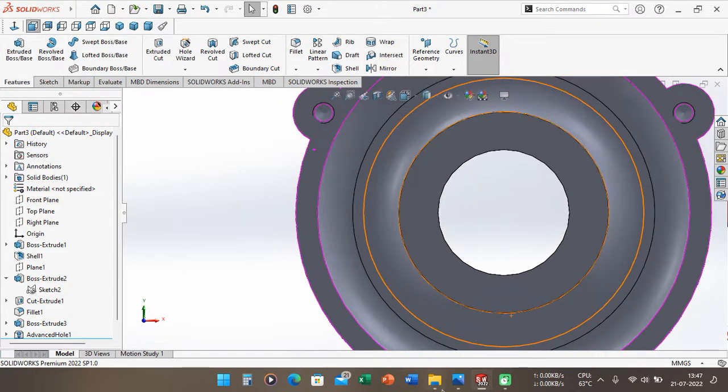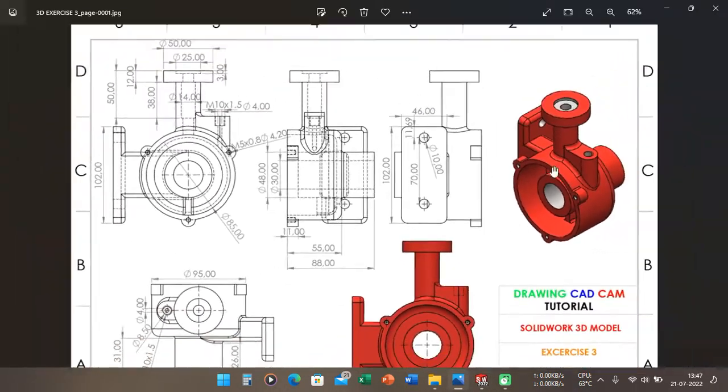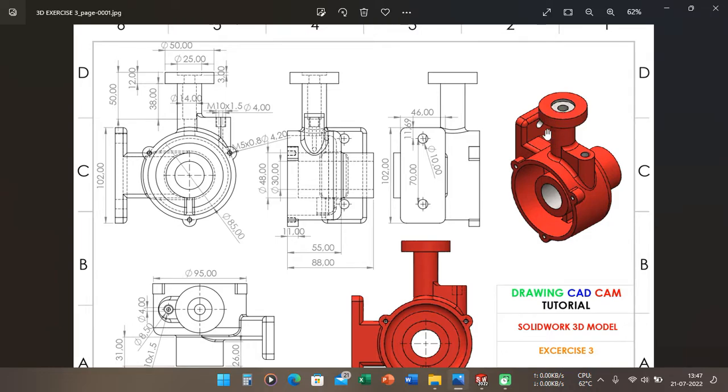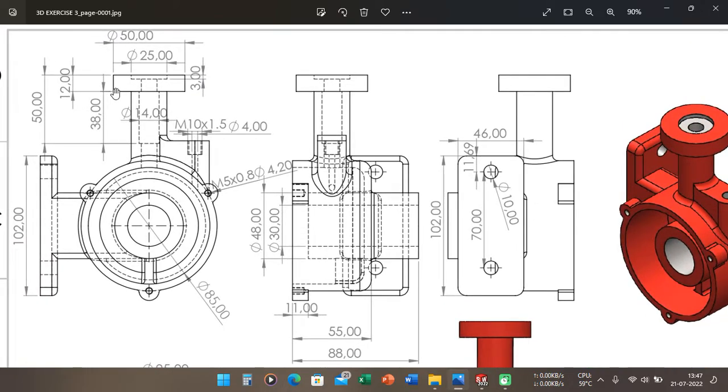So after that, we can make the next section. If we look again here, the diameter of this head section is 50 mm with the tap holes here, and there are 1, 2, 3, 4 tap holes.